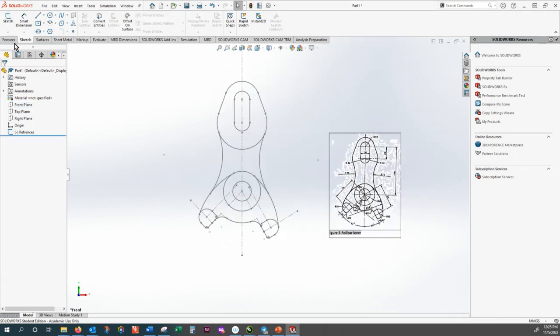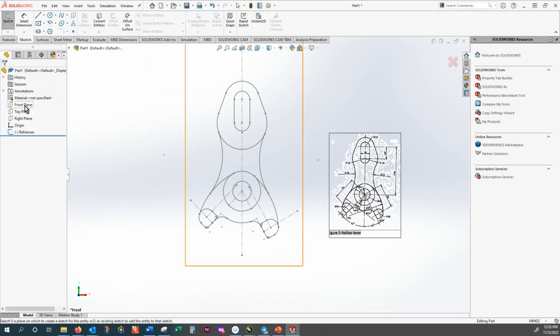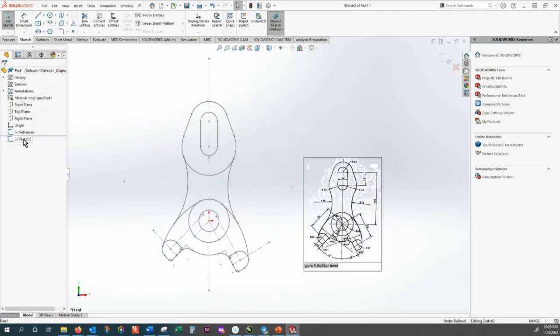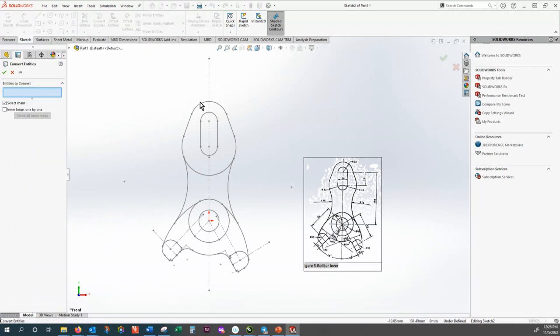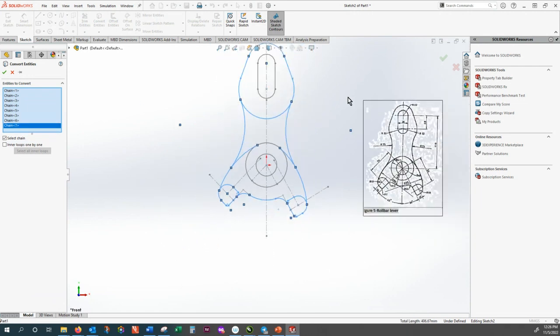So let's make a new sketch. Which plane? That is going to be on the front plane, right? Yeah, now I got a new sketch. So this sketch is with using convert entities. So starting from top, let's remember where do we start. Okay. I mean, I could have selected everything and then editing it. Maybe that was easier. But anyway, for now, that is